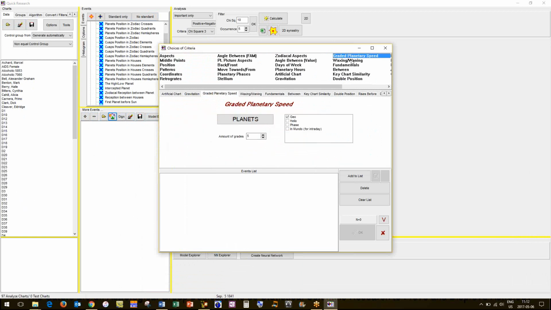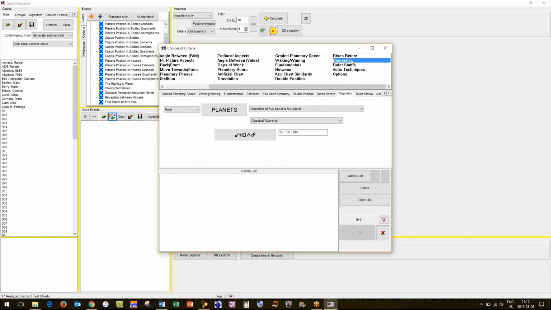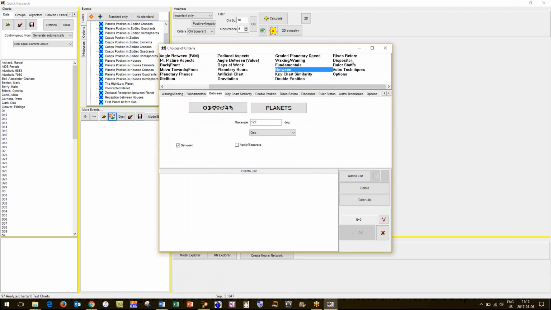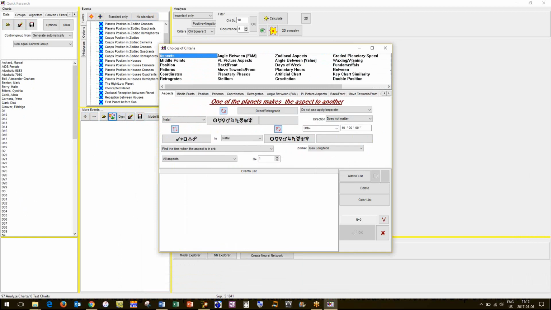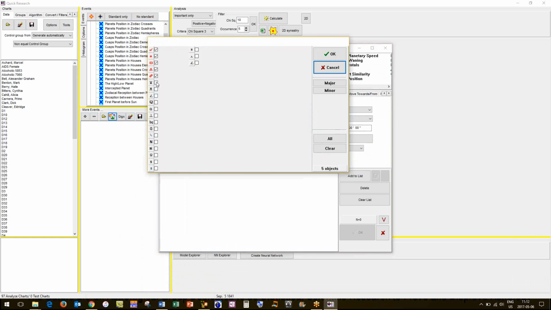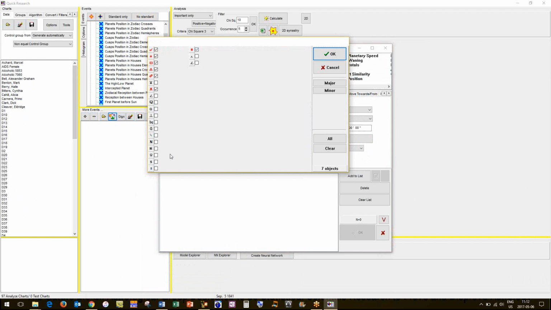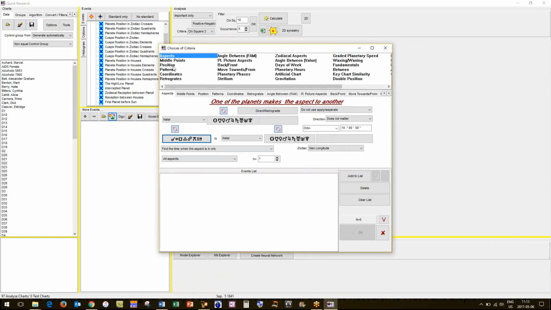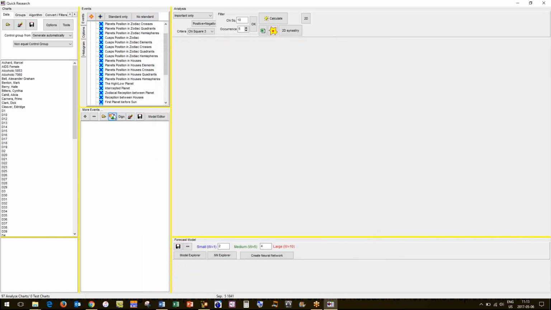Waxing and waning, planetary speeds, rising before dispositors. You can do a whole set of dispositor studies, options, fundamentals, waxing and waning. So let's start off with just the basics. And again, we're going to work with just the main Ptolemaic aspects. I guess a lot of people like working with the inconjunct, so we could throw that in there. The other thing that we could throw in is the parallels and counter parallels as well in aspects. But first, let's look at position.